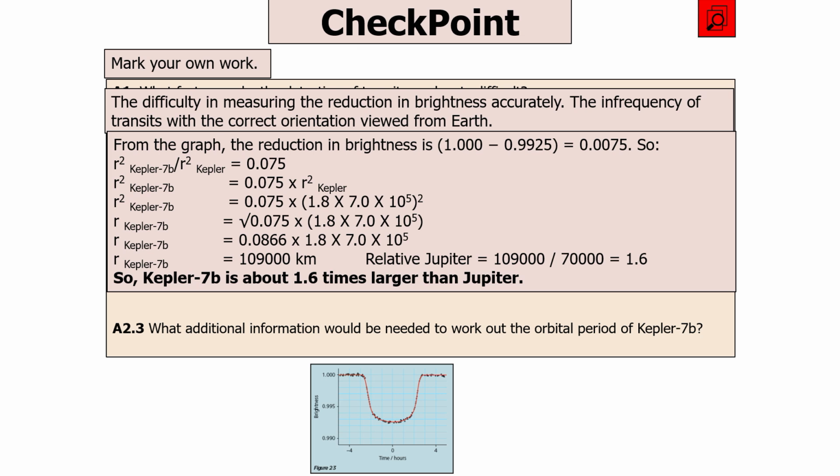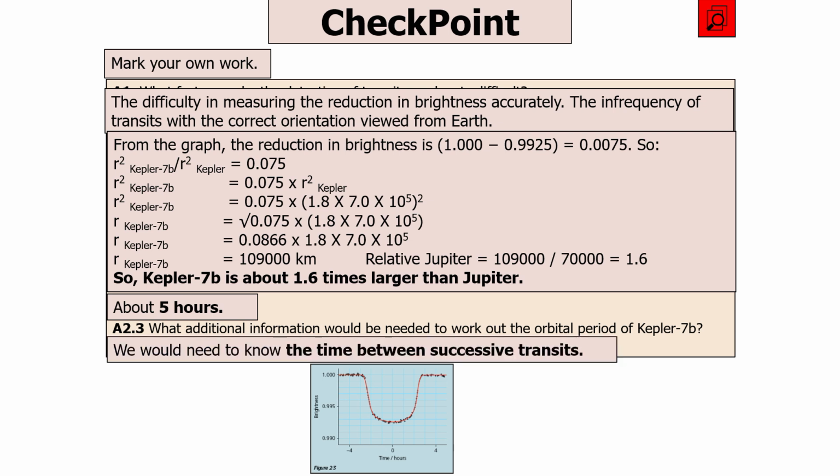You can then work it all through, look at all the information, and you get R to be 109,000 kilometers. Relative to Jupiter, it's about 1.6 times larger than Jupiter. In the next one, we look at our graph and we see that the graph has dipped for about 5 hours. That's how much time must be blocking some of the light from the star. Then to work out the orbital period, you would need to know the time between successive transits, how often it